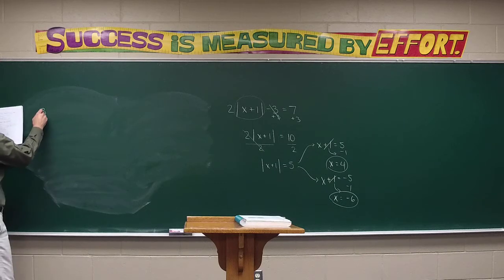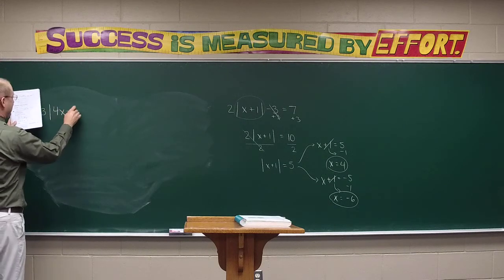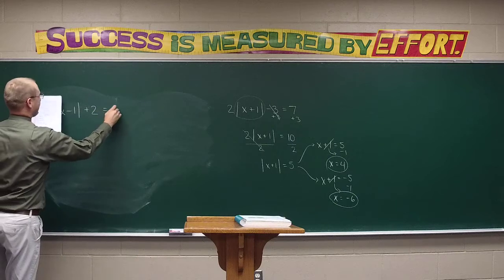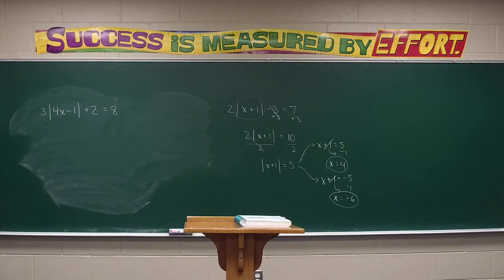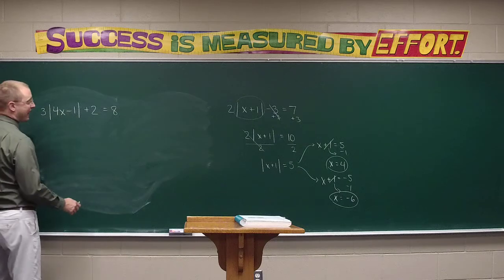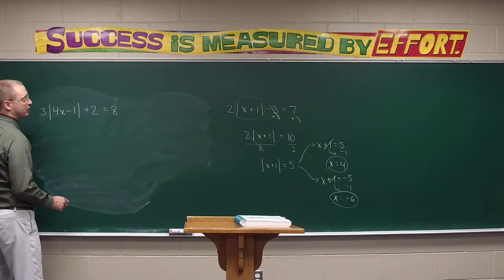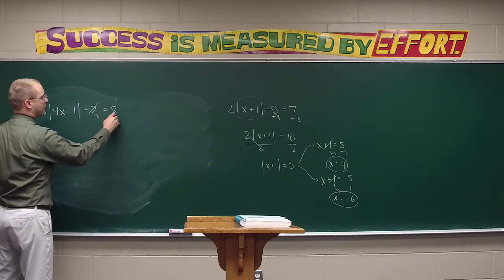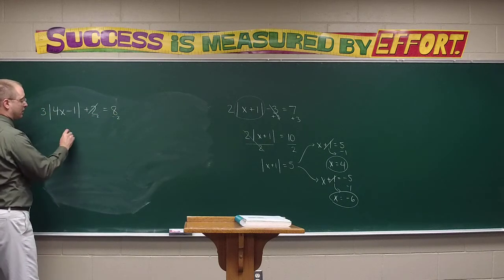All right, 3 times the absolute value of 4x minus 1 plus 2 equals 8. And you who just walked in, what's step 1? Isolate the absolute value. So 2 numbers I've got to get rid of. Positive 2, and then the 3. Let's get rid of them in that order. So start by subtracting 2 from both sides to get 3 times